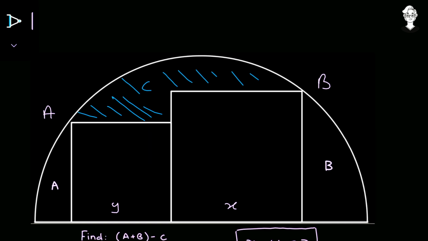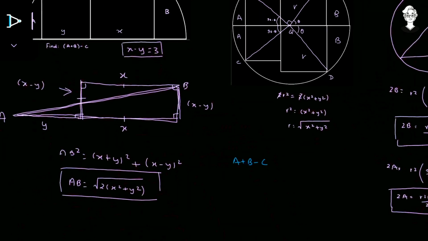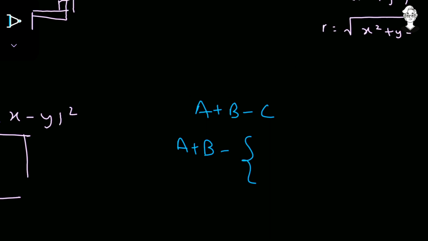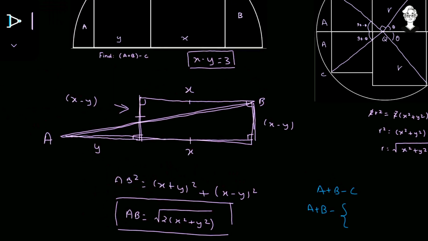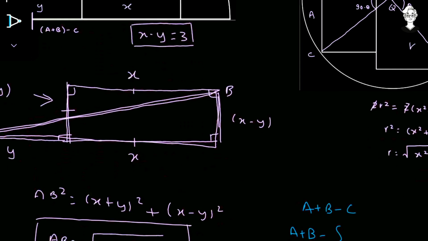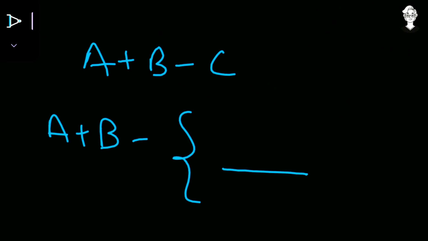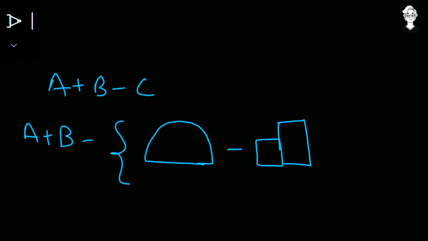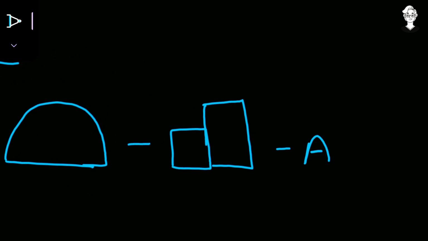So now we can observe that this particular shaded region is not a kind of perfect shape. So we have to have its value like subtractions of the area, and I am showing it over there. So a plus b as it is, minus, now I will keep a bracket. So now let us have the value of c as a subtraction of areas. So first of all, to get the value of c, what we have to do is take the complete semicircle. From that, minus those two combined squares that are like this way. Minus this will give us a and b, and when we subtract a and subtract b, what we will get is the region C.